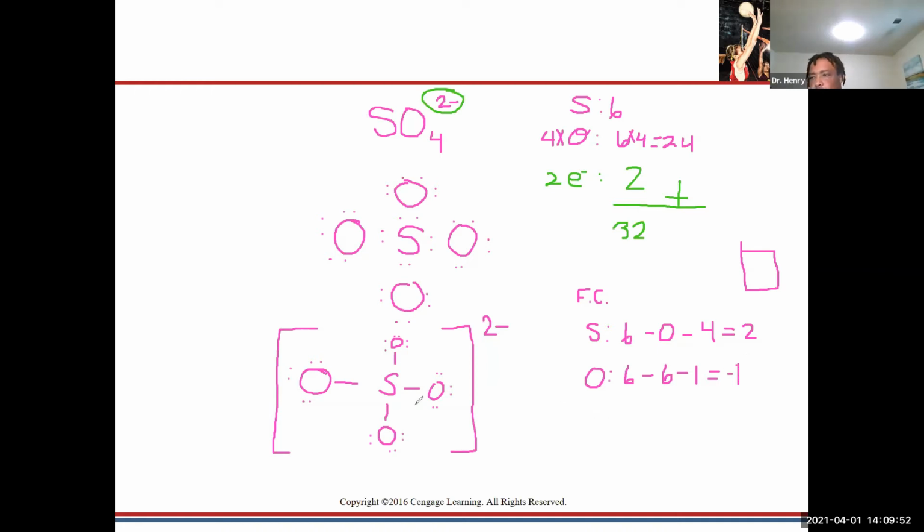Okay, and then the other oxygens would all be exactly the same. And so if we added the charges, they would add up to -2, because you had 4 oxygens that would have a -1, -1, and a -1. Okay, so then we add them up, it should be a -2 charge: -1, -1, -1, -1, plus 2. So that's a -2, right? That'll be the charge that we have. Okay, so